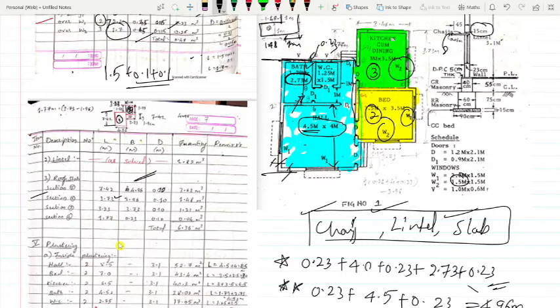Where is this 1.77? Okay, 1.77 meter. He has taken that section, roof slab.